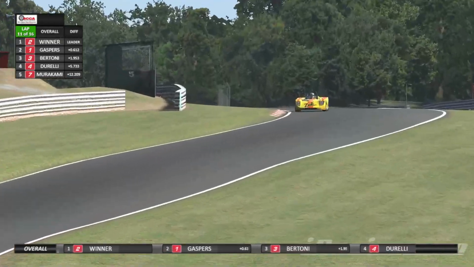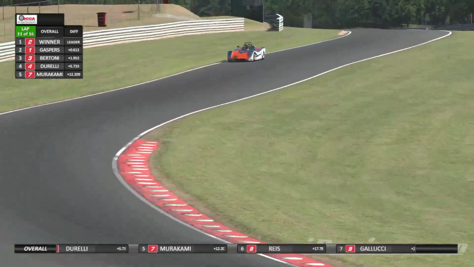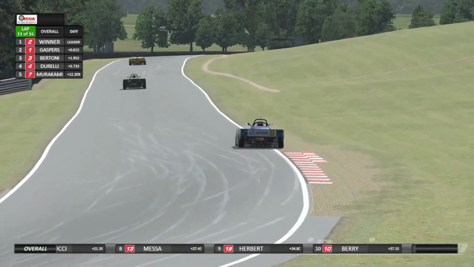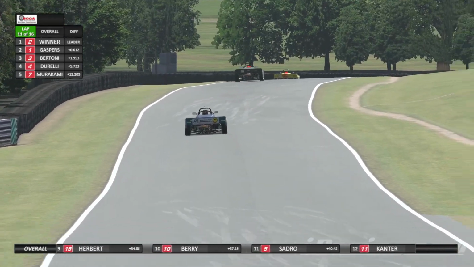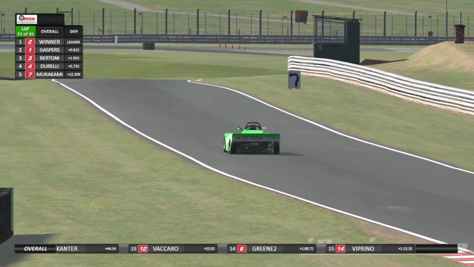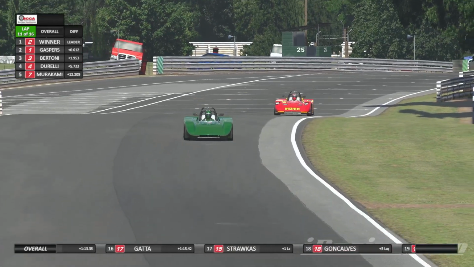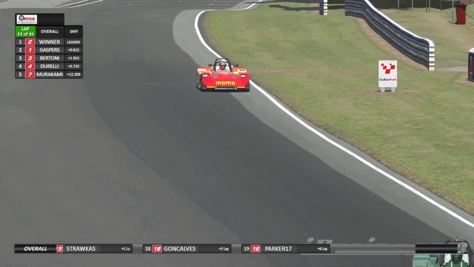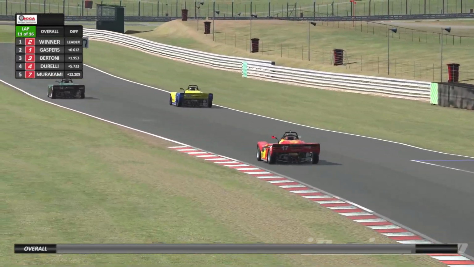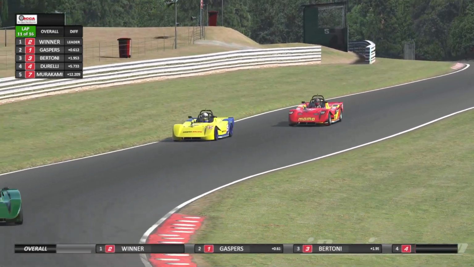In 8th, Harry Herbert. Slow and steady wins the race. He's currently sitting 9th with Philip Berry in 10th. Daniel Sedrell still working on that gap after the lap 1 crash and taking a fast repair. There's Jeff Kander 12th, Charlie Vaccaro 13th, Jason Green 14th, almost a whole minute behind the leaders, and there's Michael Viprino in 15th position. Fabian Gata right behind Viprino, currently sitting 16th, the last car on the lead lap, and there's Timothy Strokas 1 lap down the leaders,